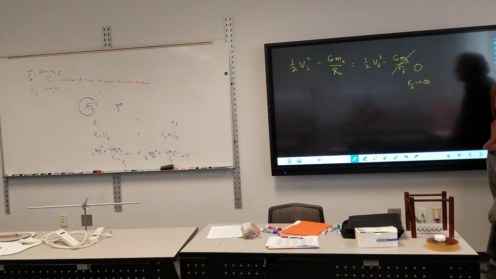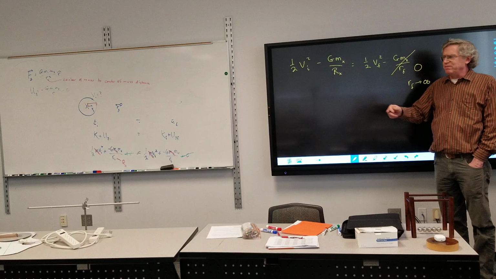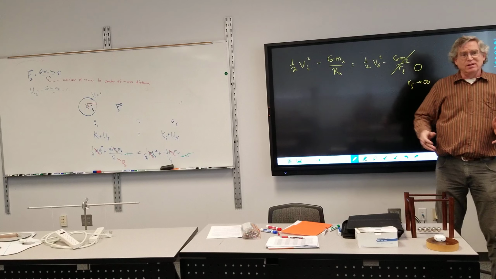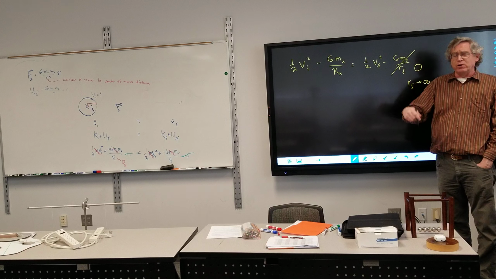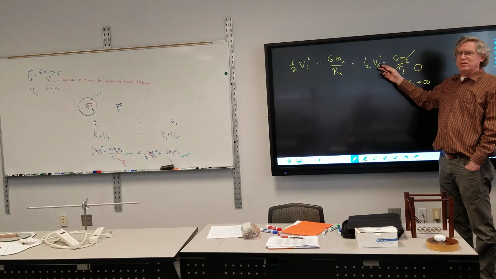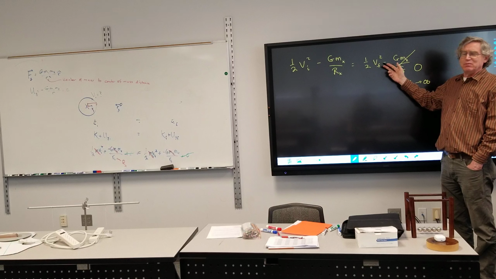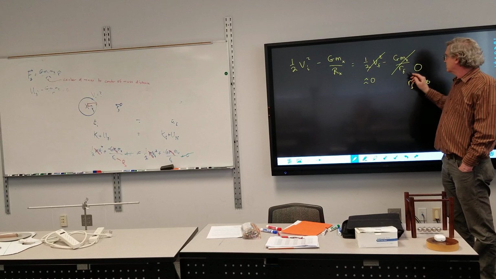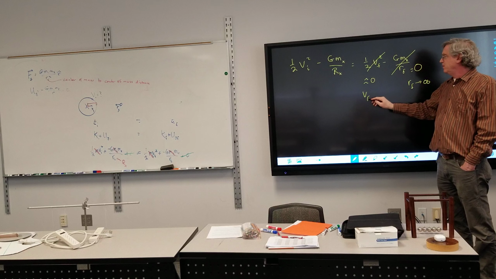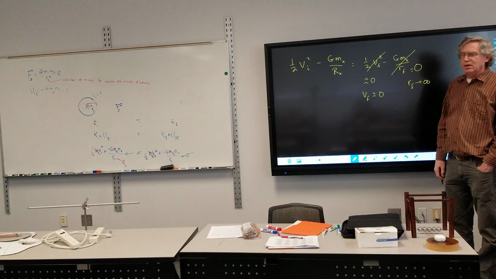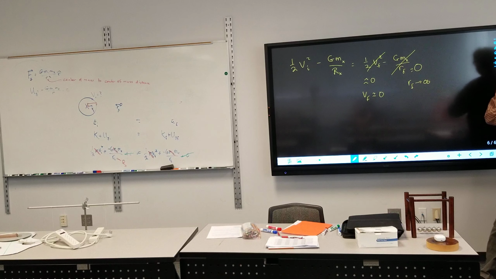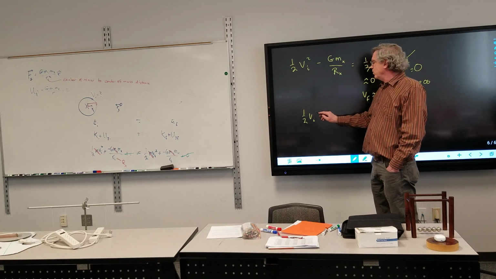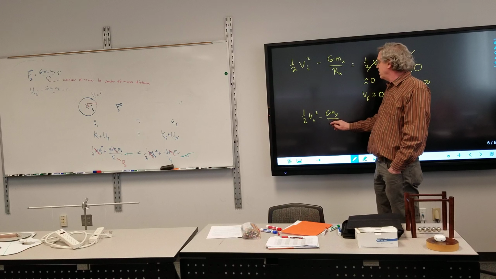So it's going to keep slowing down constantly, but VF is never going to hit 0. If it actually does stop, it's going to come back. But VF is going to be close enough to 0. I mean, if it's going 0.01 meters per second, we square it, it becomes even tinier. This is approximately 0, because VF is approximately 0, because it's slowing down the entire time. It keeps slowing down. So we are now left with 1/2 V initial squared minus big G Mx over Rx